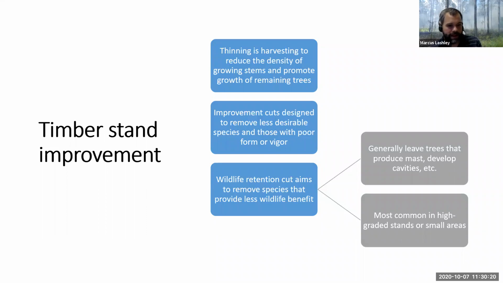So we're removing half of the trees, but the ones that we remove in comparison to the shelterwood might be very different. Generally, the trees that we leave following a retention cut would be the ones that produce mast